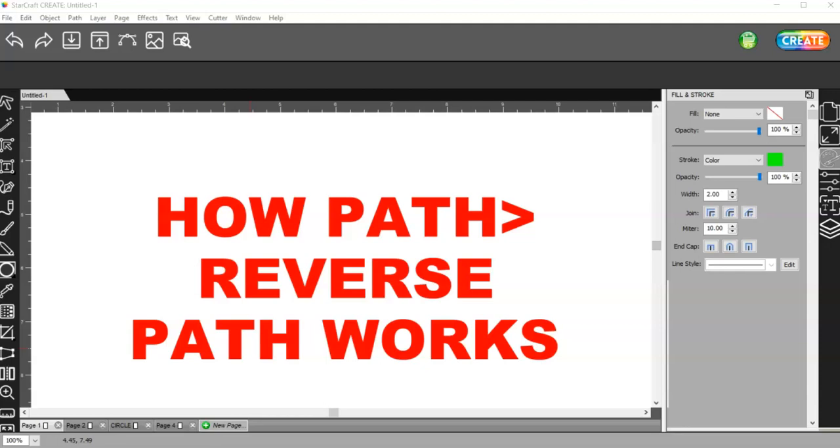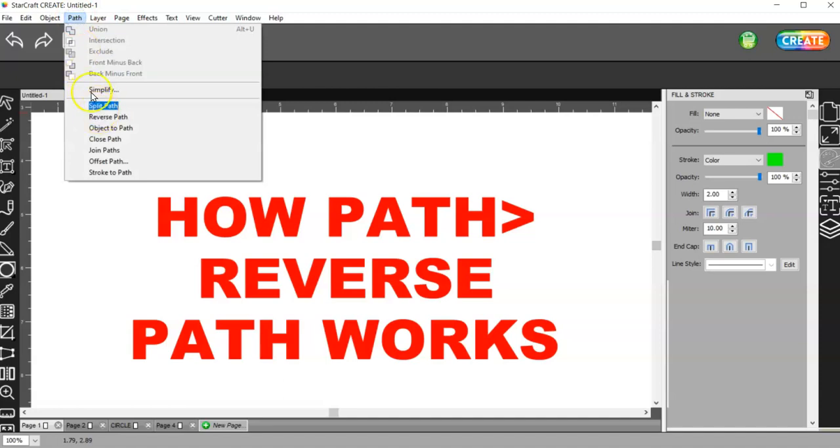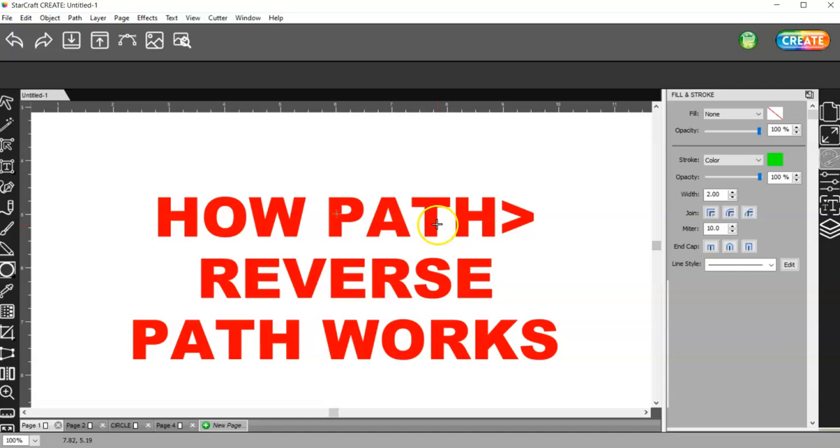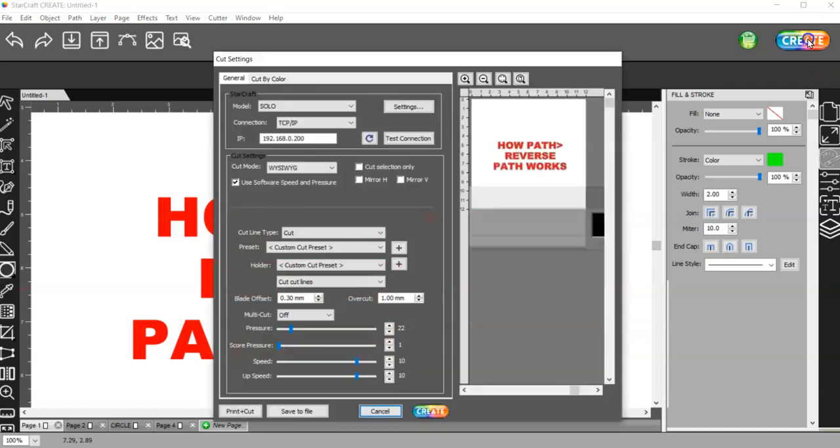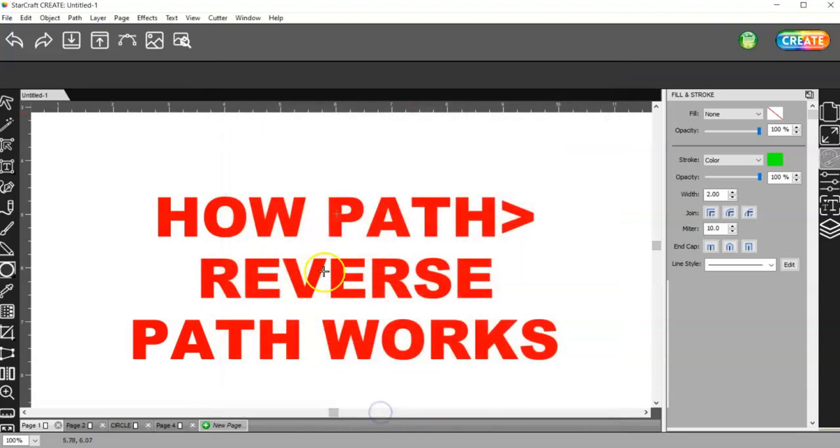In this video, I want to go over the path, reverse path, and show you how that works. It's under the path menu, reverse path. Sometimes if you're having a cutting issue, or if your object isn't cutting completely, you can come to your cut window and increase your overcut, but you can also try